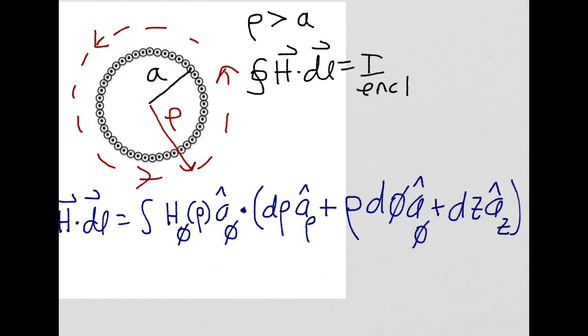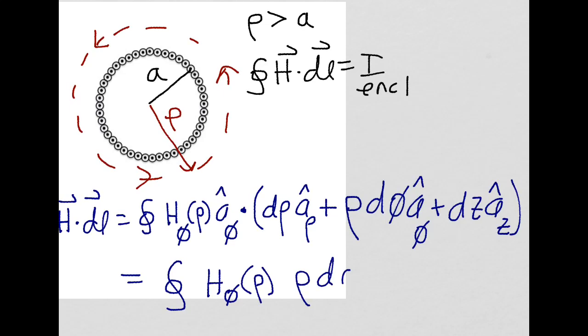A phi dot a phi is 1, and that will be the only term we're left with. So this dot product reduces to the integral of h sub phi times rho d phi. Now,